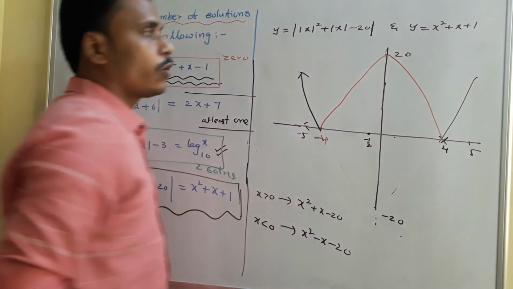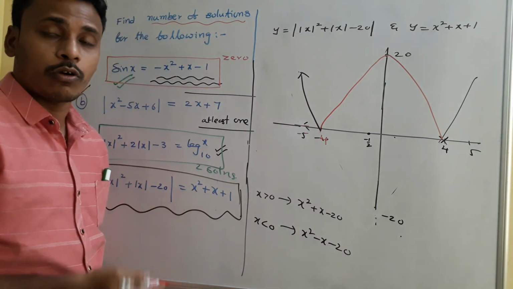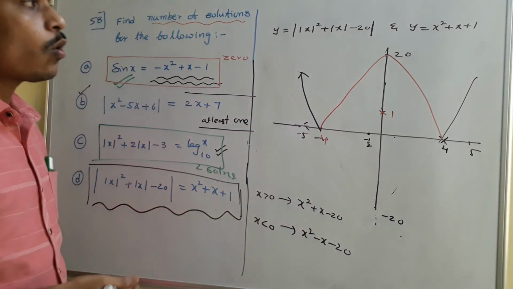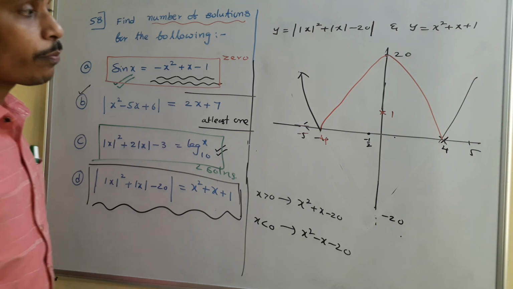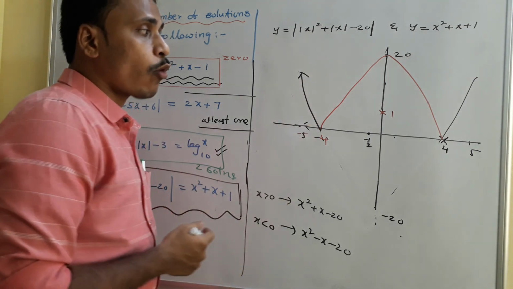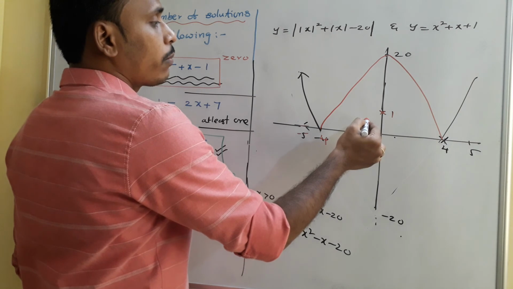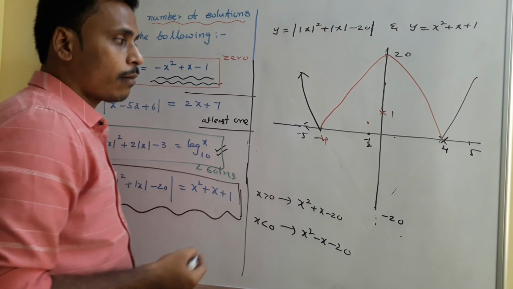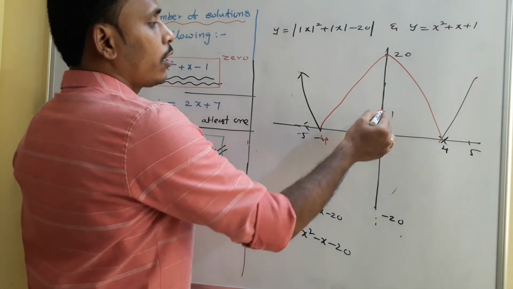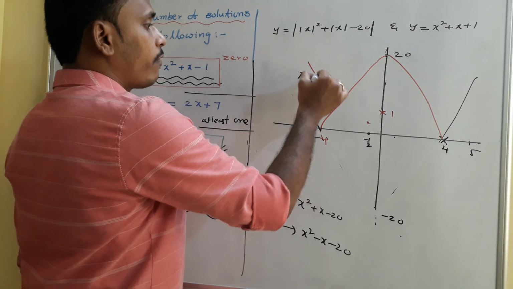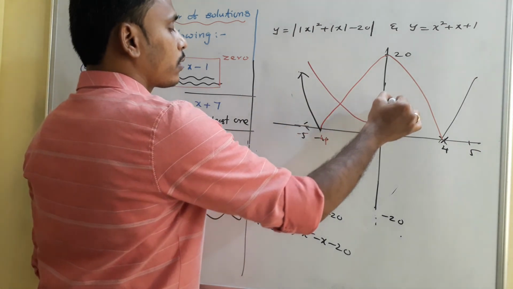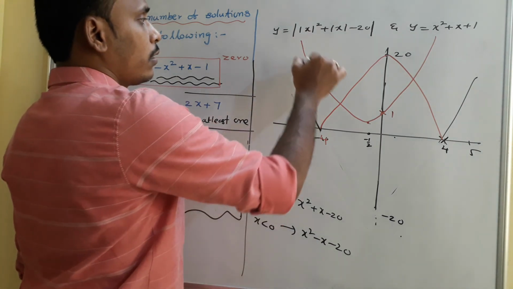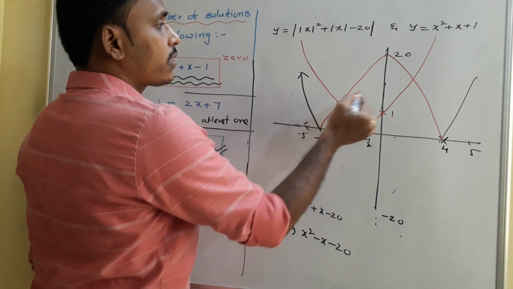And now think about y is equal to x square plus x plus 1. It's an upward parabola, no roots, and at x equals 0, it passes through 1. Okay. Right. Where does it have its peak point? It has its peak point at minus 1 by 2. So it is an upward parabola, with its peak at minus 1 by 2. Since it is passing through 1, maybe the graph will be like this. Yeah. So when you think about it, for sure it has two solutions.